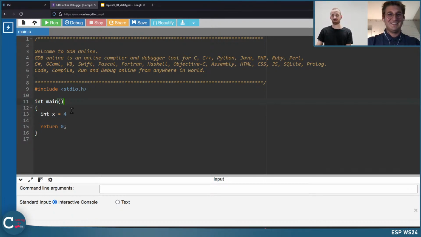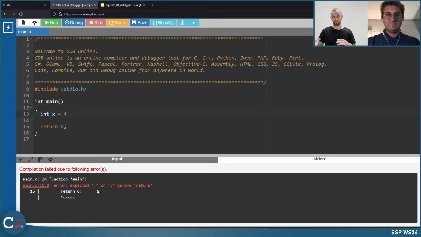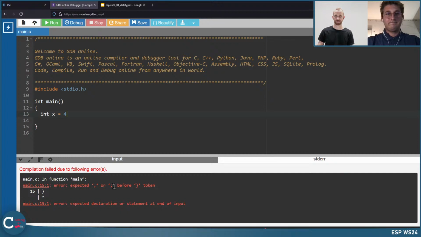Perfect. All right. Okay, so let's execute that. And you can see the compiler in this case says you have a problem. It expected here this semicolon before this statement was executed. Maybe we should delete it. Let's rerun it again. It says again, okay, you need to have a semicolon at the end.